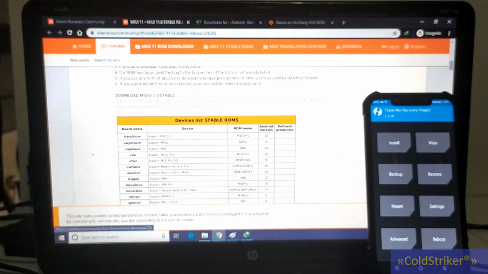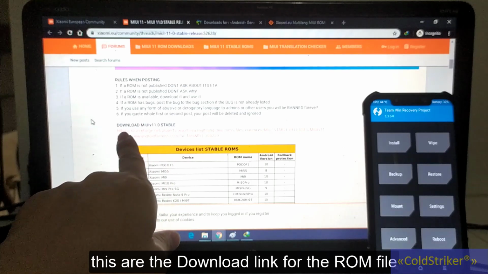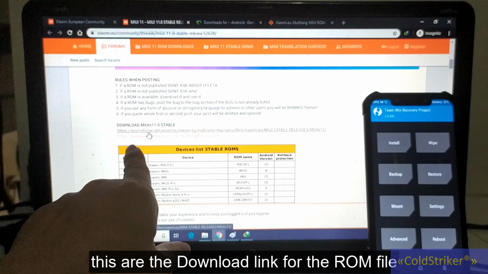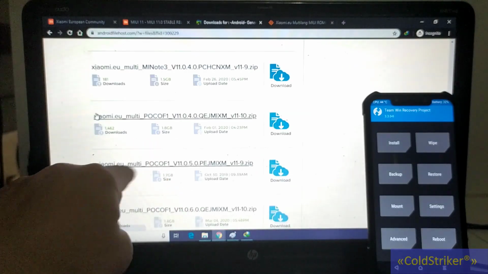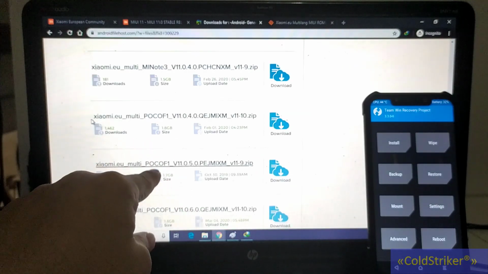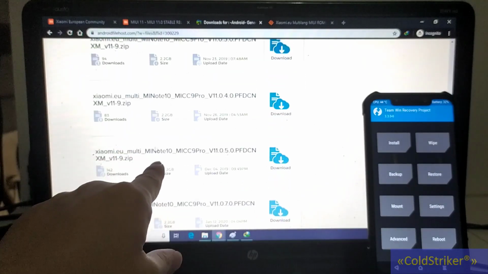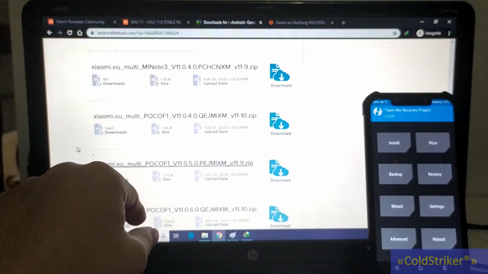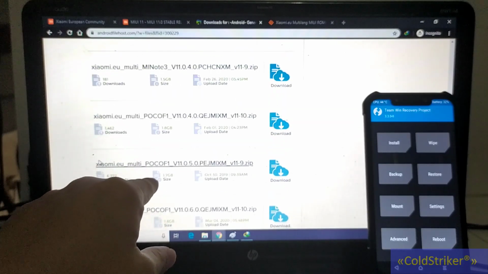So here, as you can see, ito po yung sa stable ROM. So ito yung download link nila. So sourceforge.net, yung isa naman Android file host. So I'm going to choose the Android file host. And then as you can see sa baba, meron po nandun po yung for Poco phone. So choose nyo lang po yung phone nyo dito. So meron na din po Mi Note 10. So ayan po. So choose nyo lang po yung phone, yung gamit nyo na phone dito, and then we're going to download the